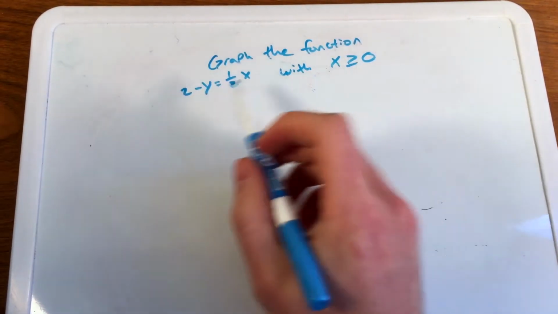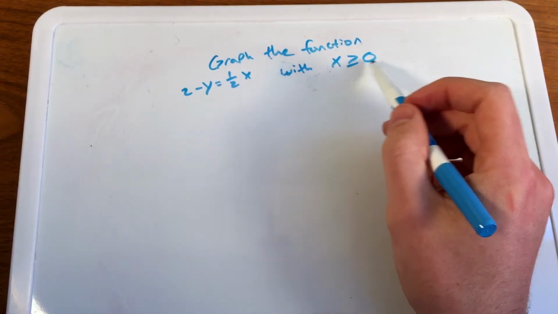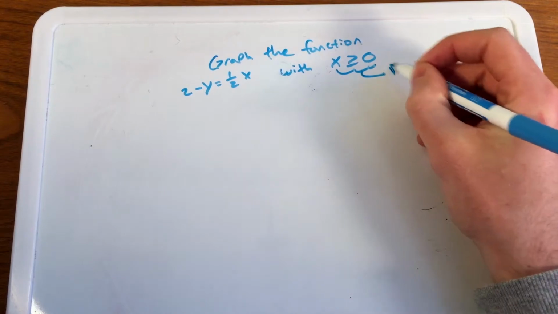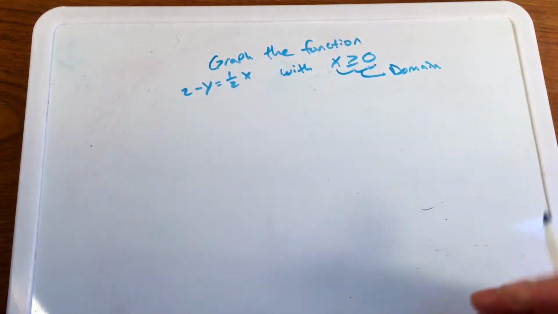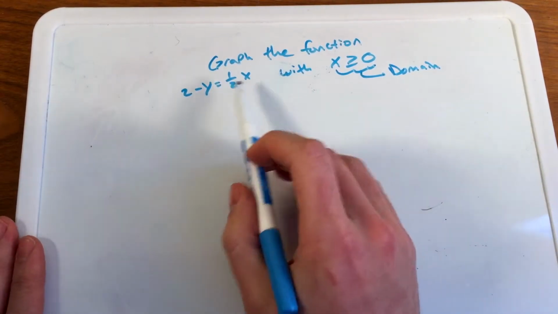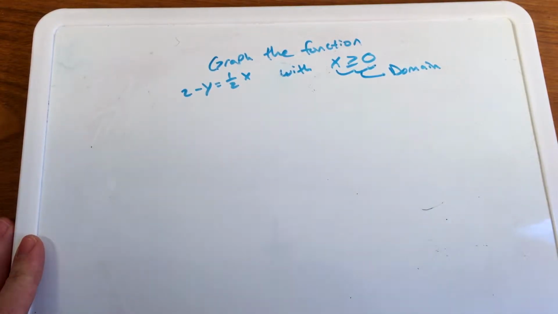Here we're going to graph the function 2 minus y equals 1/2 x with x being greater than or equal to 0. This is our domain, all right? A restriction on the x values, which will also affect our range, which I want to find at the end of this video. Okay, so we're given this function here, and so far we've always been able to graph things,